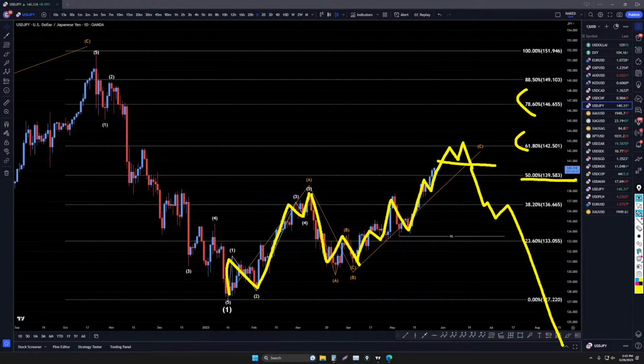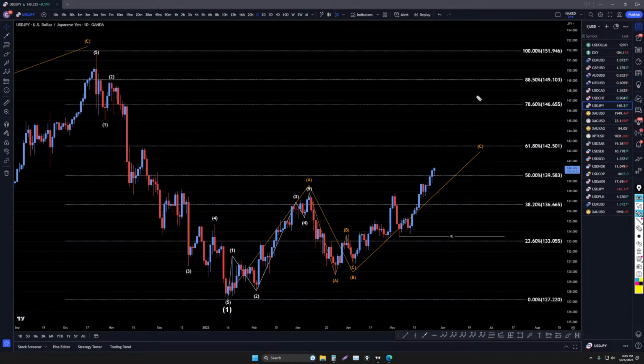If it's not a wave C and it does keep on stretching out, because like I've been saying in my US dollar yen videos, all the yen pairs look like they have a long ways to go to the upside, and this one very easily could just keep on stretching out. And if it does, it definitely isn't going to bother me if I was incorrect about this being a wave C, because I'll just continue to be looking for longs. So if it never ends a trend, then I will never stop looking for longs, and I'll just keep on making money the whole way up.